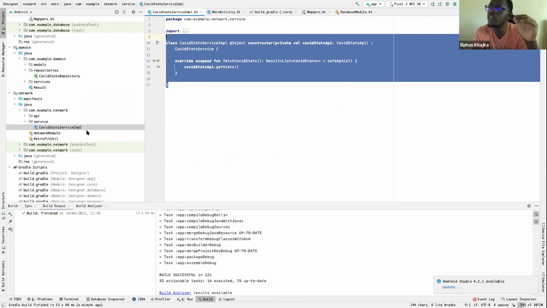You can decide to have use cases. If you have use cases, you again need to think of where they sit, and if they sit at this point, how do they behave? You can decide that you would like a use case that will query from the database. And if the database is empty, go to the network and fetch, and then pass it back to the database. And then you just have your UI observe the database. That still works. It depends on what you prefer.